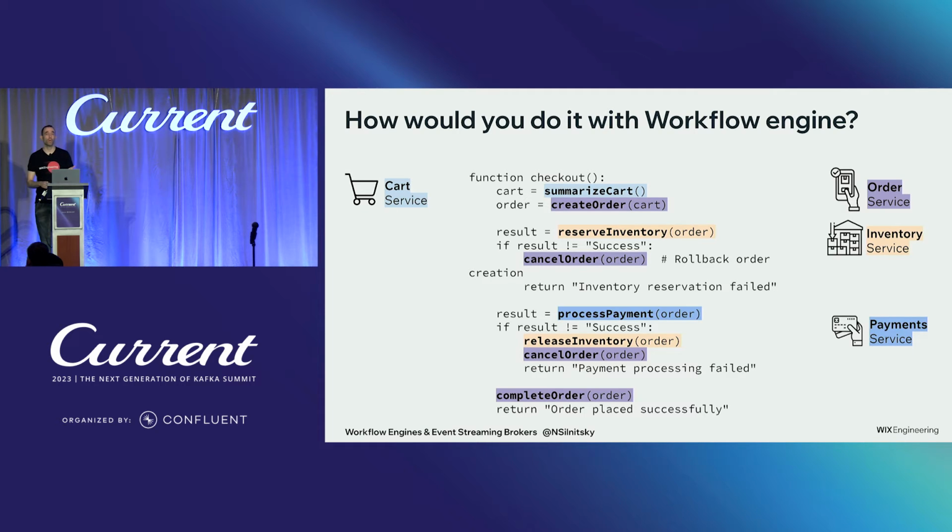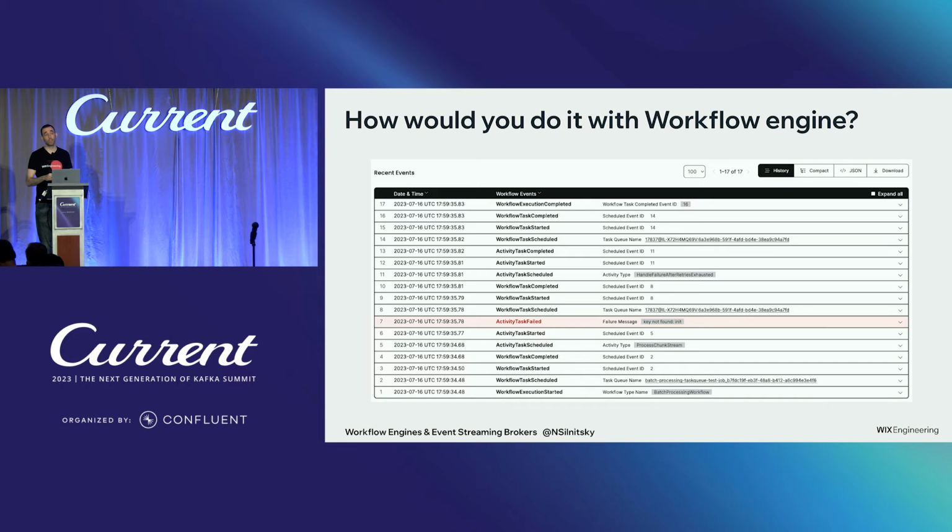Behind the scenes, Temporal is going to run the different parts in the different microservices, but that's abstracted away from you. So we have the power and clarity of an imperative style single method, and behind the scenes, it's a complete distributed system. And also, you get out of the box this really nice user interface where you get the event history of all the activities, or all the parts of the workflow that have been run. And if something failed at some point, you can drill down and see exactly what happened and investigate. So a better, more intuitive way to investigate workflow issues.